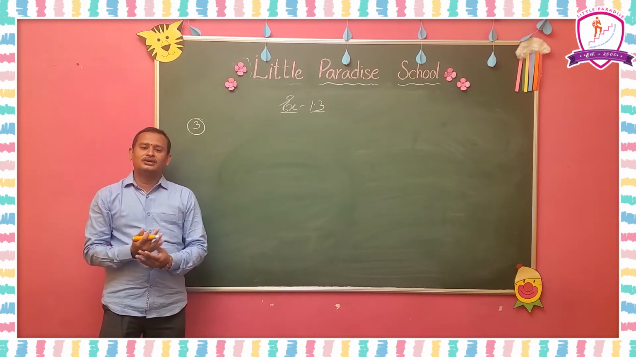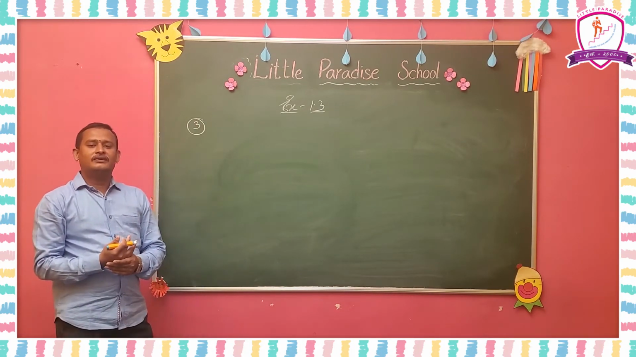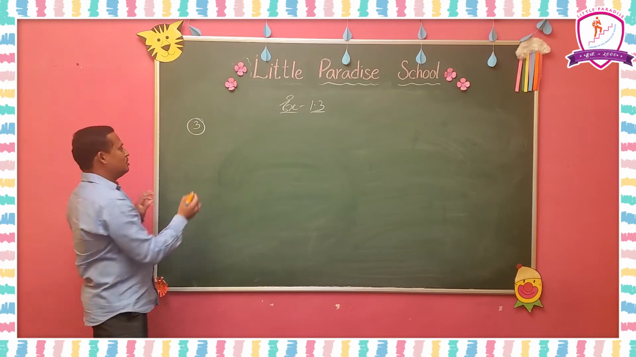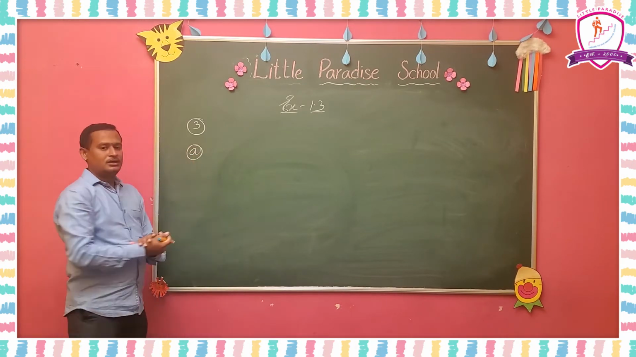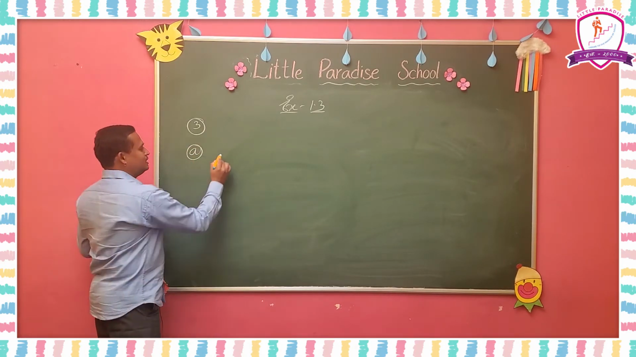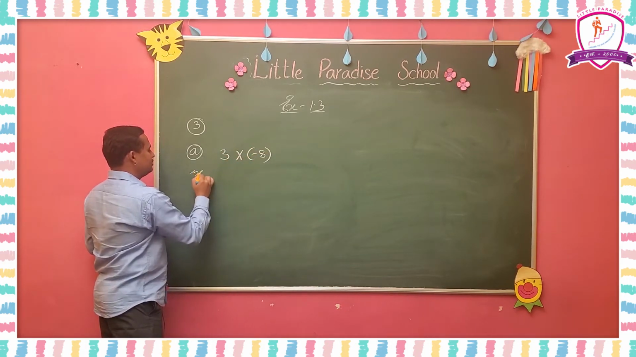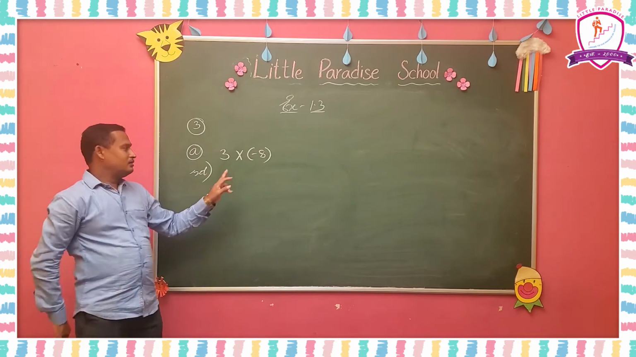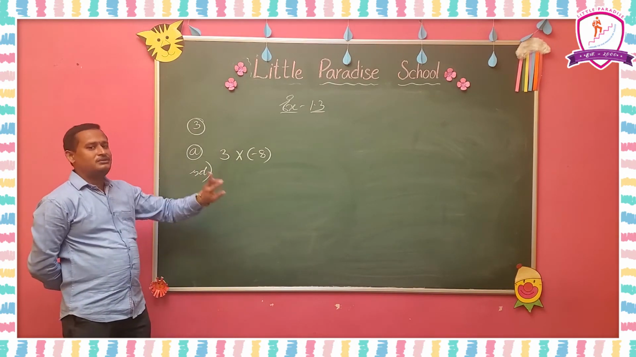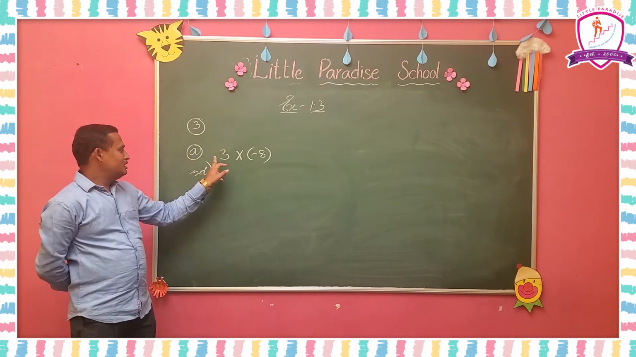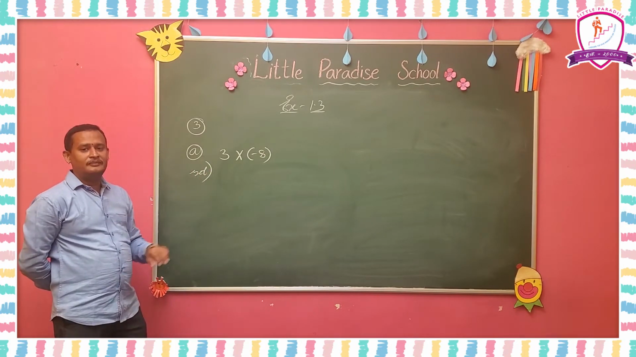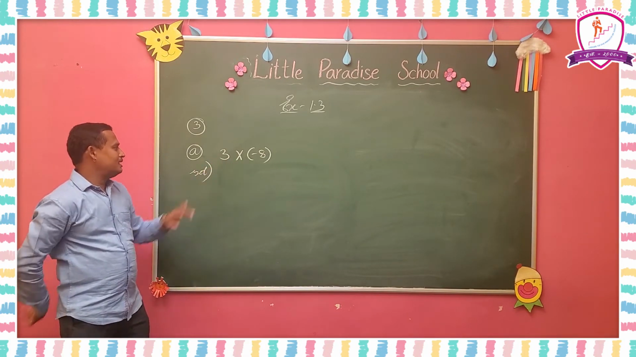So, third question we are going to discuss. In the third question, find the product of following. Third A. When we are multiplying 2 integers, here the 2 integers 3 into minus 8 are given in the question. When we are multiplying 2 integers, first we have to multiply the symbols. So, here what is the symbol for 3? Plus is there. So, plus into minus,